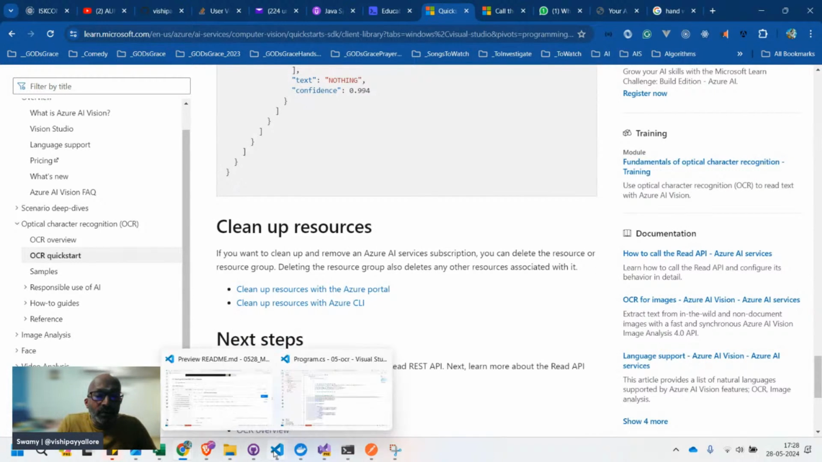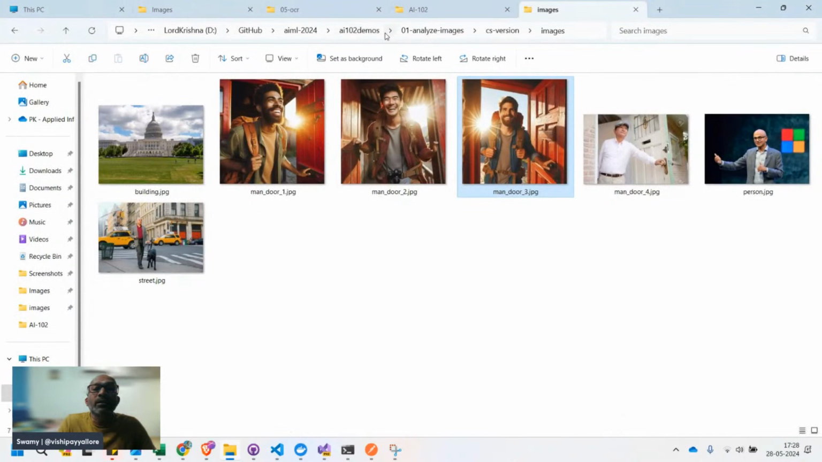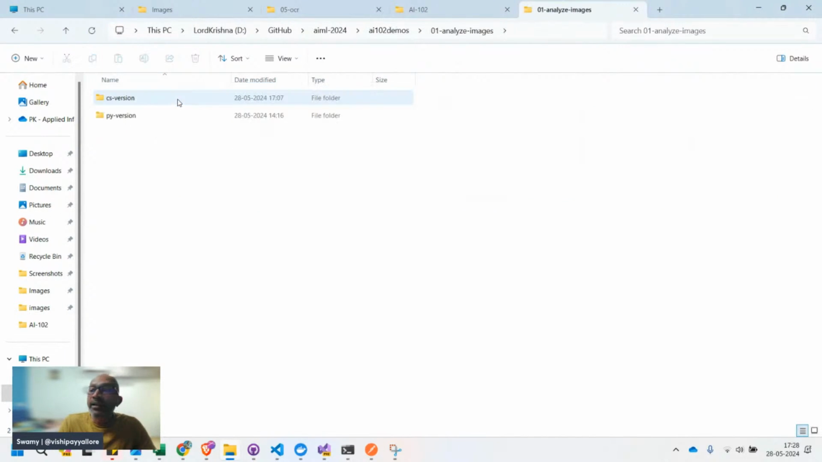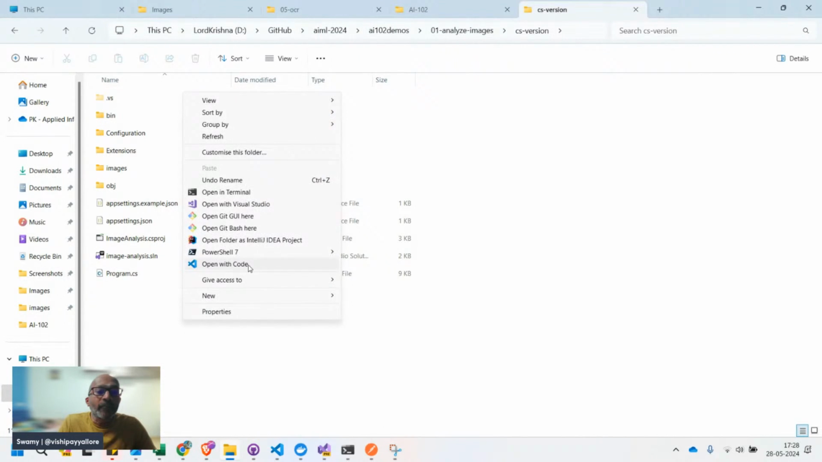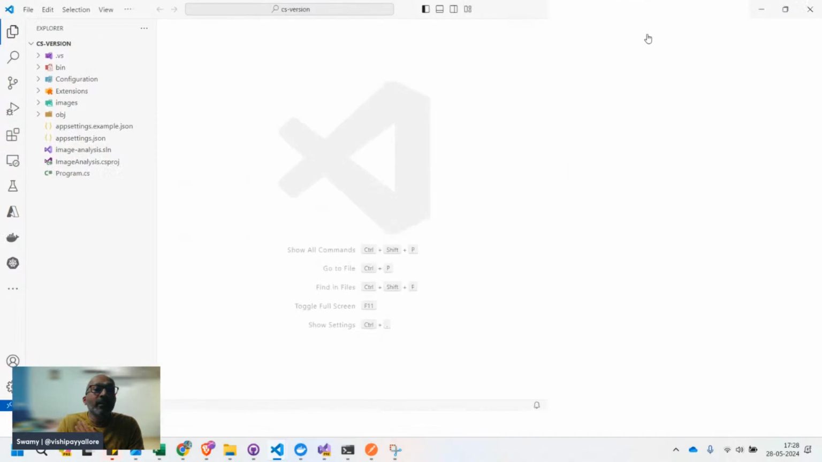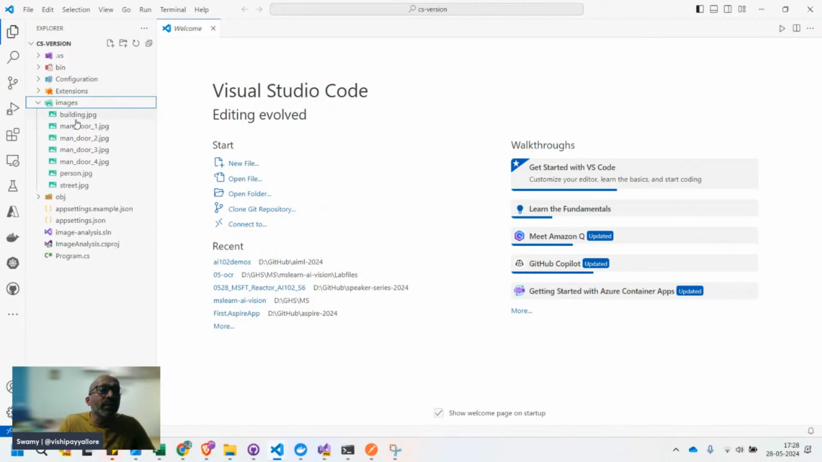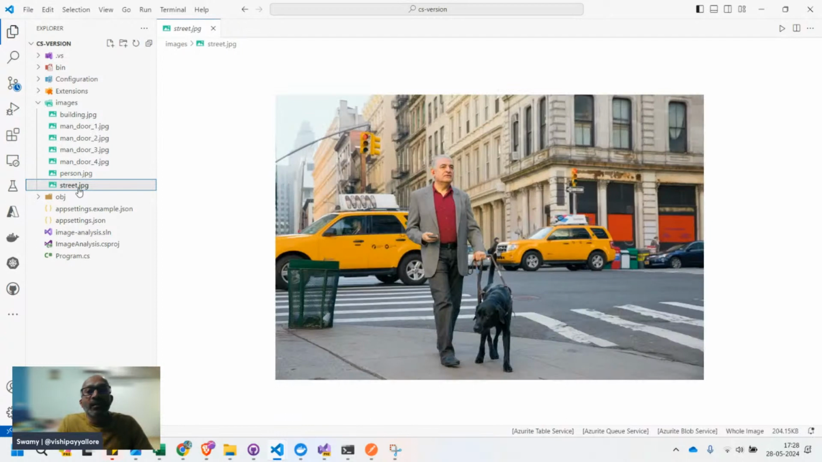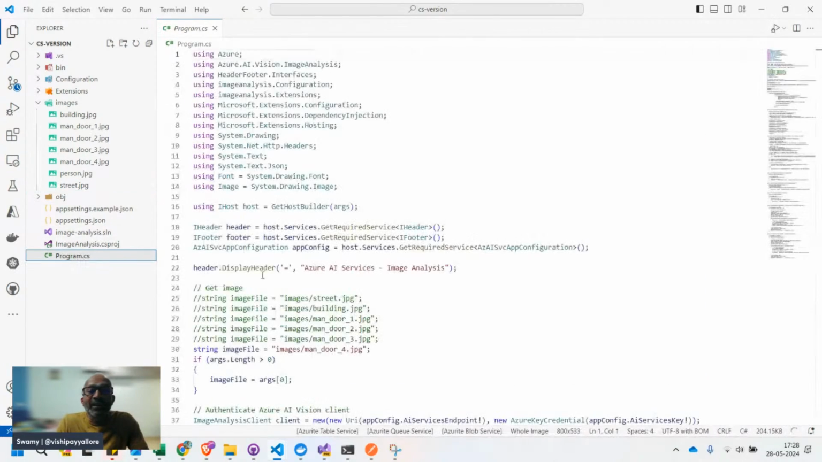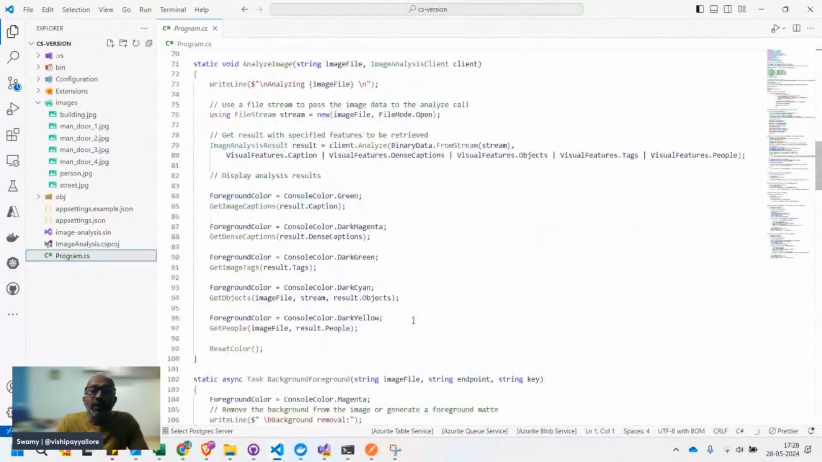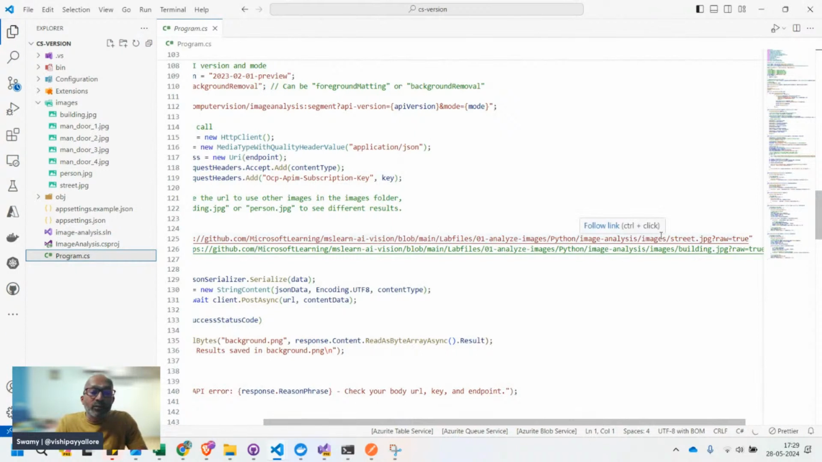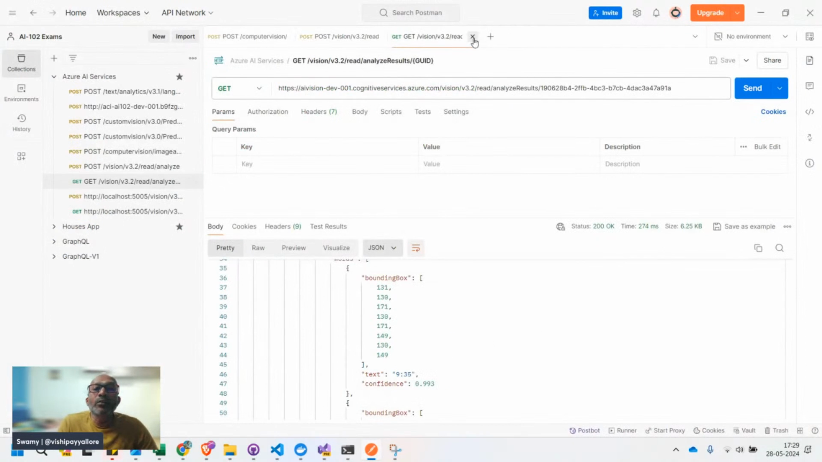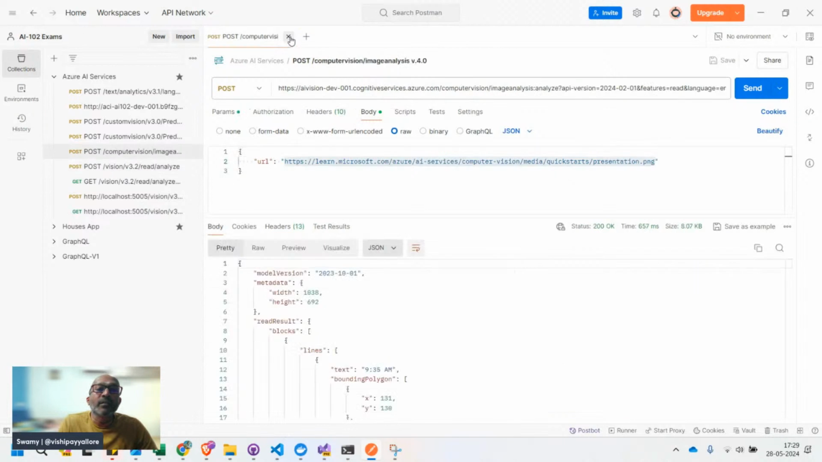So what I'll do is, for the sake of this analyze image, open the C# version in VS Code. We'll try this one also. Here we had a couple of images. One of the images I want to see is street. Yeah, this is a very good one. We'll see if we are able to read it. At the bottom we have given that URL. Yes, image analysis, street. We can use that. First, I'll close all the tabs and come back to